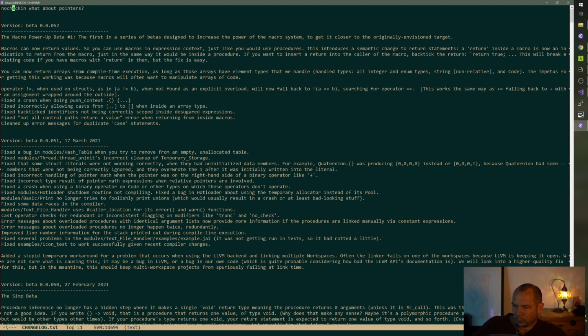What made returning arrays different than any other value? The deal is, when we return something from compile time execution, it has to go into the syntax tree of the program right now. Maybe this is questionable and we should do this a different way, but right now it has to go into the syntax tree.